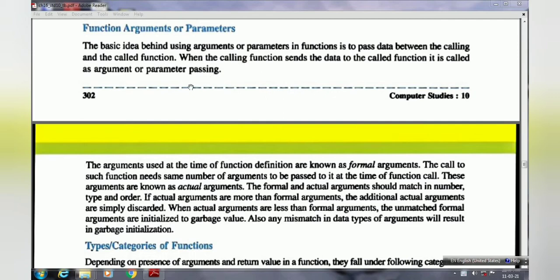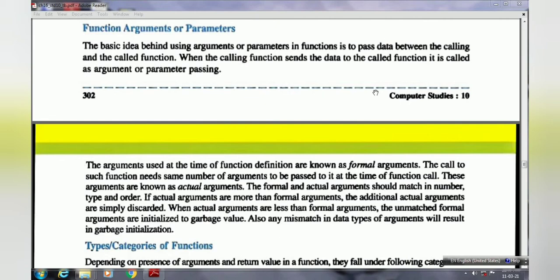In that image I told you there is one way communication. Here the calling function, our main function through which we are calling the next function, which is another user defined function. That means we are transferring data from the main function to the called function.